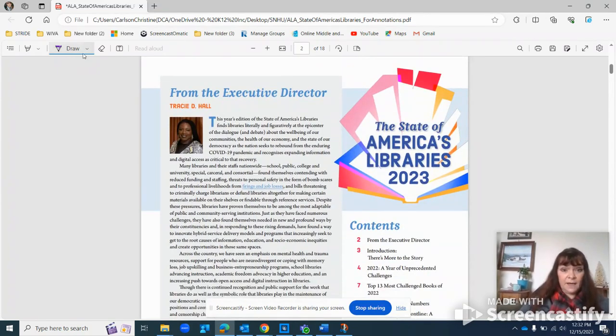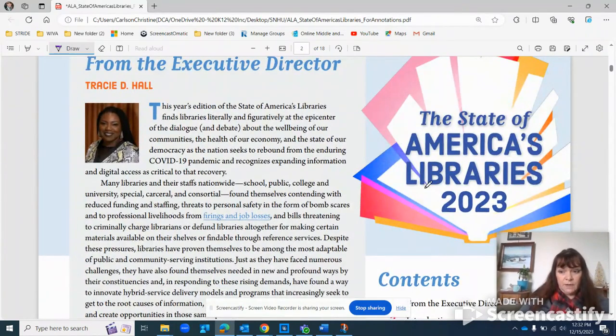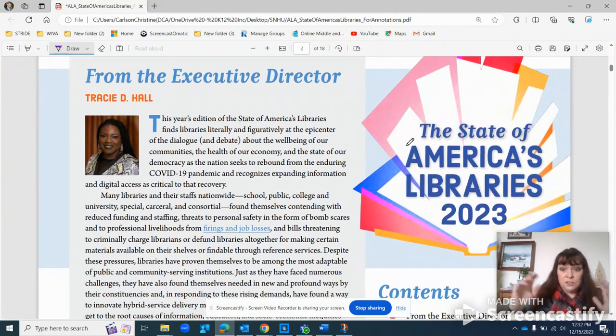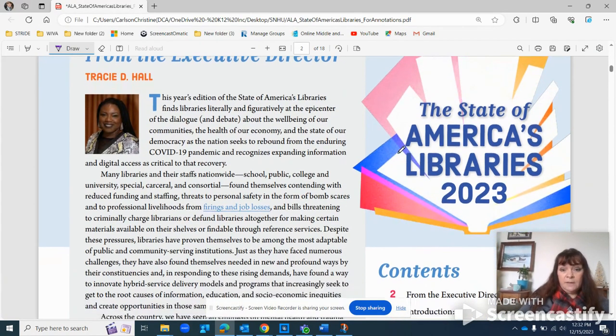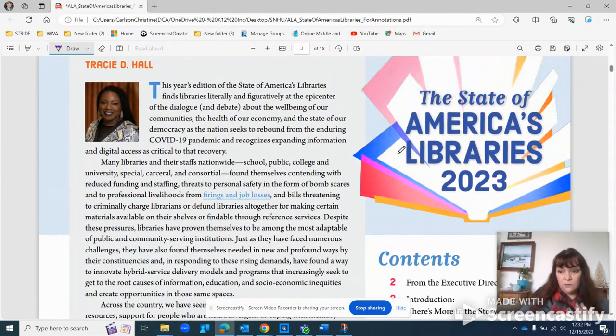All right, and speaking of that, I can't see this very well because I don't have my glasses with me right now. And so I'm just using my mouse pad on my laptop to squeeze in. I just want to focus in here so that I can see it really well. And it says the executive director, Tracie D. Hall. So she's an important person with the American Library Association. And I'm going to go through and read some of this. And I think I might run out of time on my recording. So we'll see how much I get through with this. And there might be a part 2. All right. So this is her